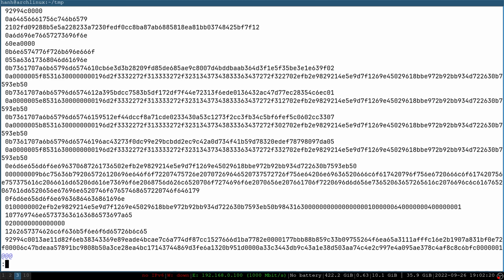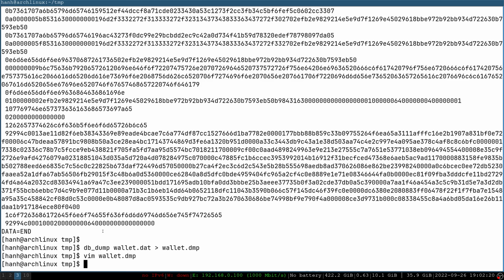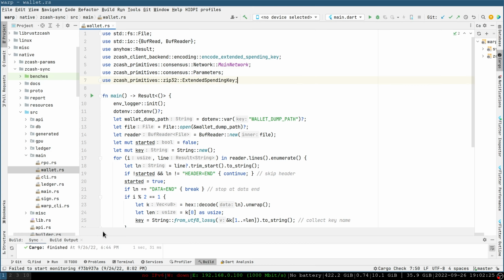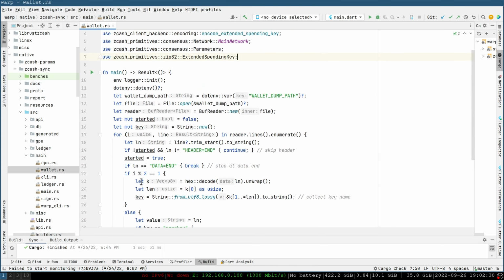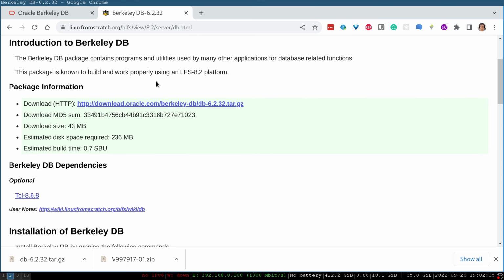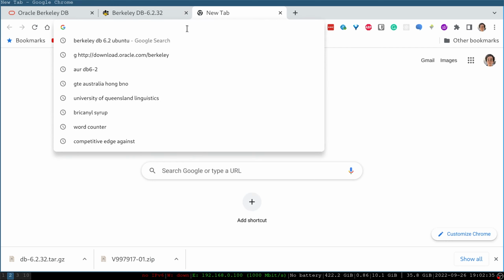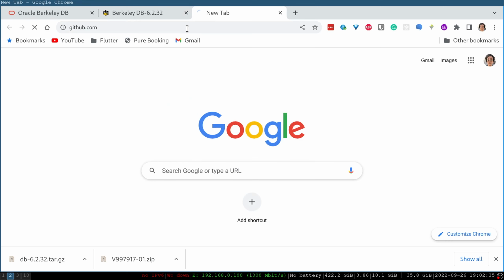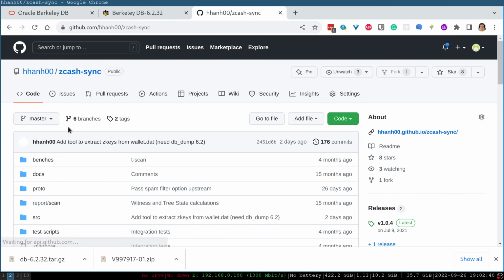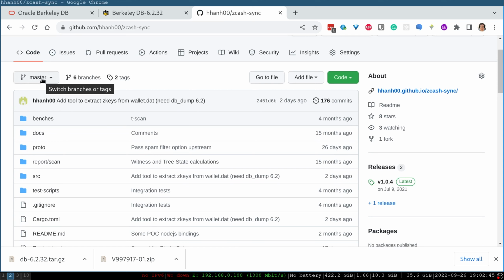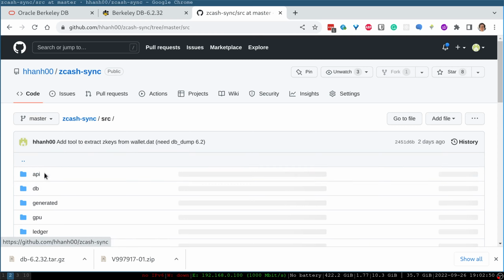So I've written a small program to do that. And the program is here. It's not a complicated one. It's very straightforward actually. It's written in Rust. It's under the same project as zWallet. So you can go to GitHub and look at zcash-sync. If you pull the master branch of zcash-sync, you will find that inside src/main